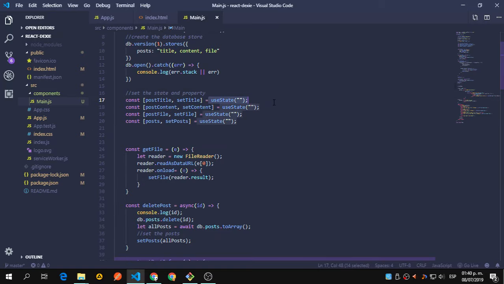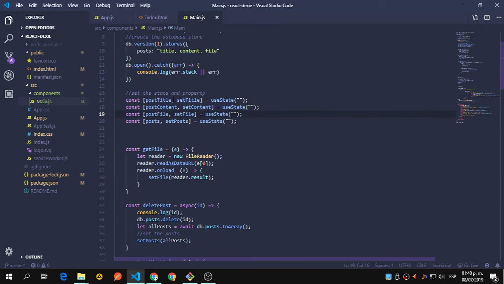So when the application starts, all these are going to have this empty string. That is just going to be the first state. Okay, and using set, you can see that this is the naming convention, set, and then the name of whatever